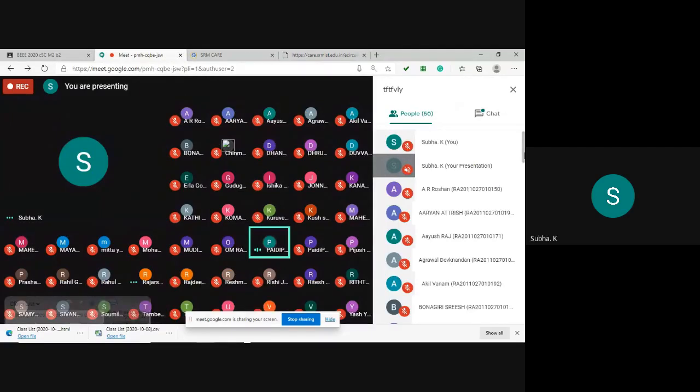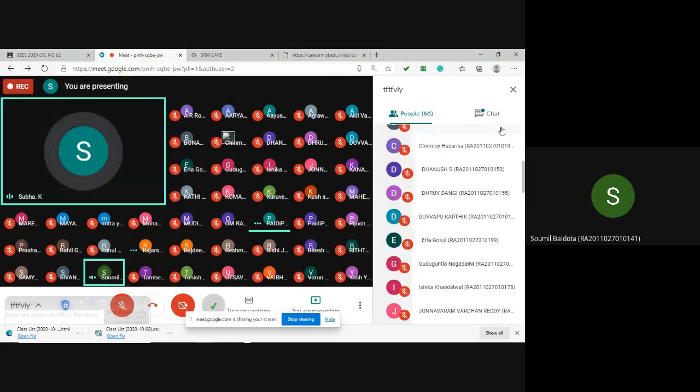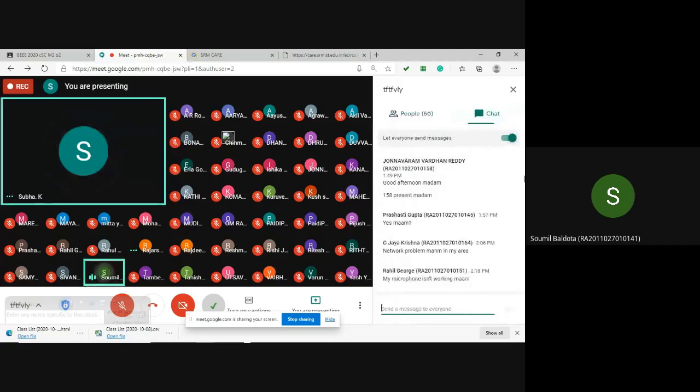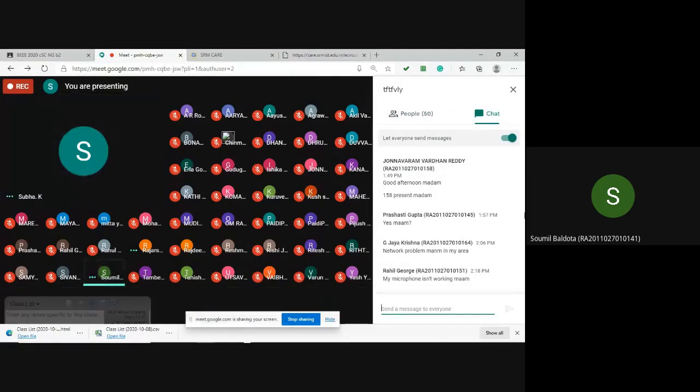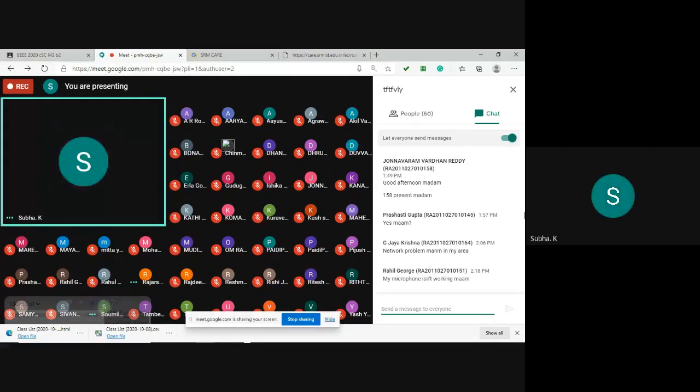In case you are not able to understand, you tell me. Ma'am, for the Thevenin's one, we have to put the voltage RPS as 2 volt only, no? It's not necessary. Whichever value, it's your own wish. If you want to put 25 volt, you put. If you want to put 50 volt, you put. But for that value only, you have to do the manual calculation. That's all I want from your side. Okay, ma'am. If you want to put 2 volt, you put. Whichever value, but for that value only do the manual calculation.